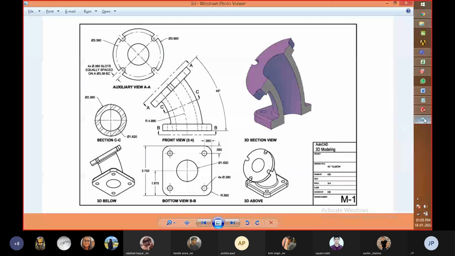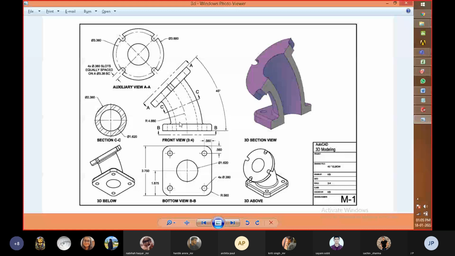So with the help of this, we need to create a part of such a profile. Before that, we need to assess the dimensions of the profile which we need to create. First of all, we need to create a circle of such type.